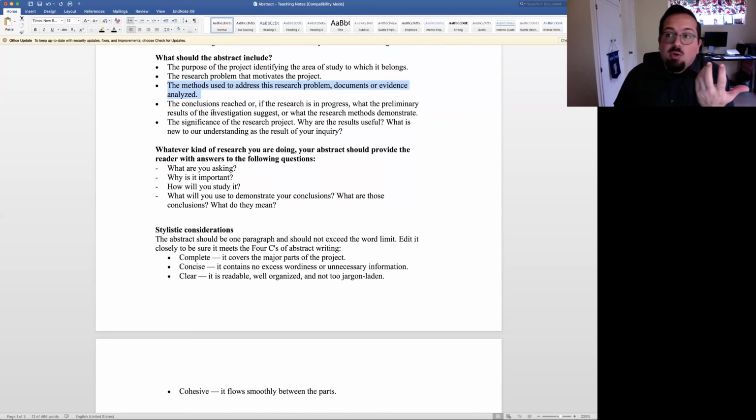What's the ending? What's the conclusion that this paper comes up with? And then lastly, what's the significance of that conclusion? In other words, so what? Why should we care? These are the questions that, if you want to put them into simple questions,